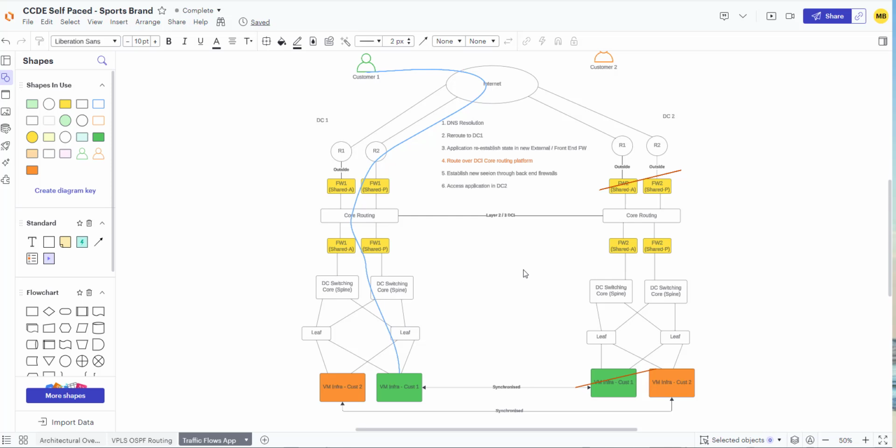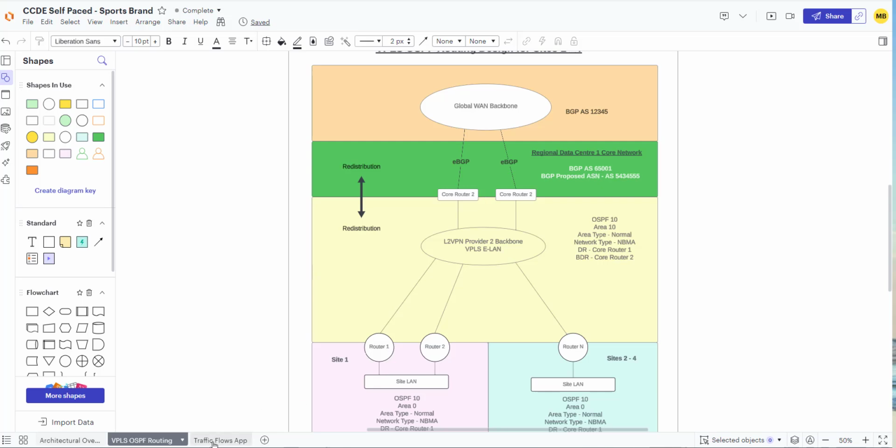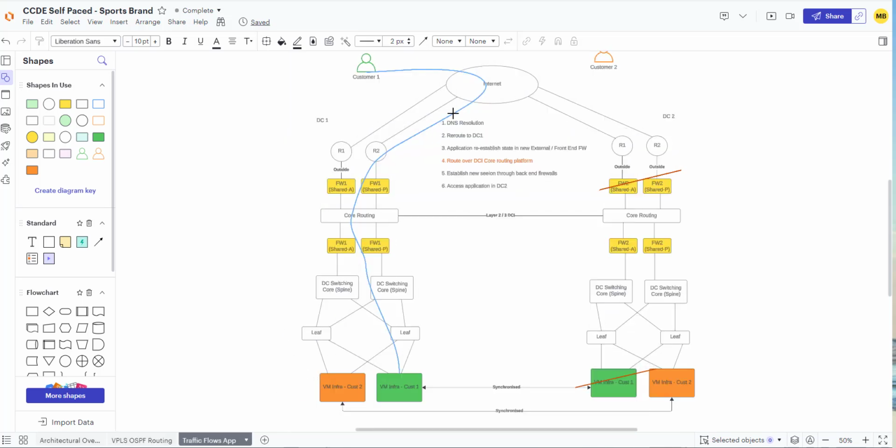And this will be included as a scenario in one of the CCDE tests that I'm developing for a global sports brand. So architectural overview, some VPLS routing, things like that. Now building up traffic flows in data center environments. The only difference is that I've done it live on a video and released it for you to see me building it up, but it will not be as easy as you see on the screen if you take the CCDE practice exams with